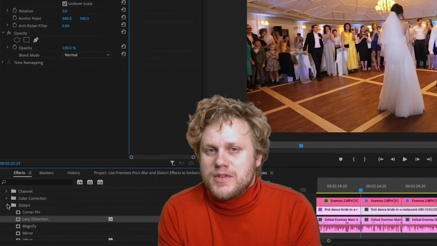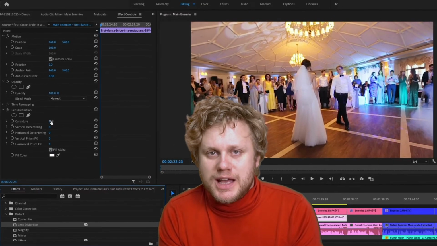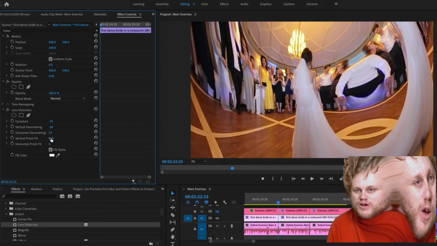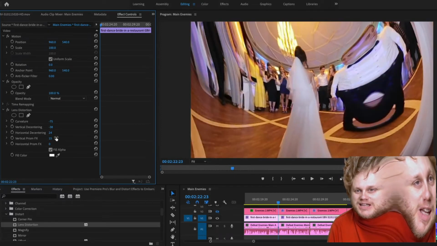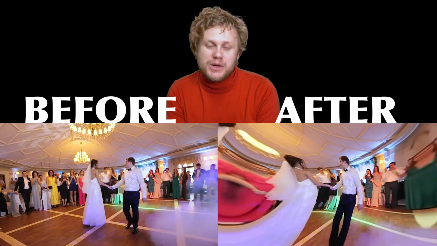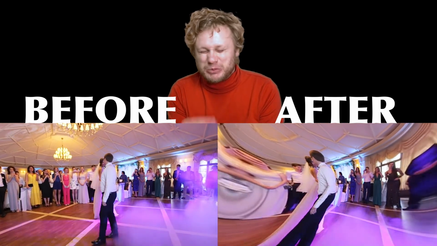So here again, we're in the video effects panel, go to Distort, then Lens Distortion, and double click that. And right away, I'm gonna start playing around with the curvature, the horizontal and vertical decentering, and even the prism effects. And it's gonna start to look like a weird Missy Elliott video, and that's when you know you're, wow,